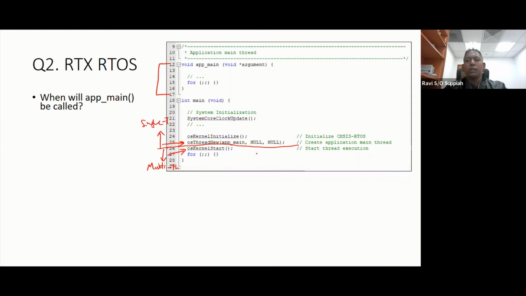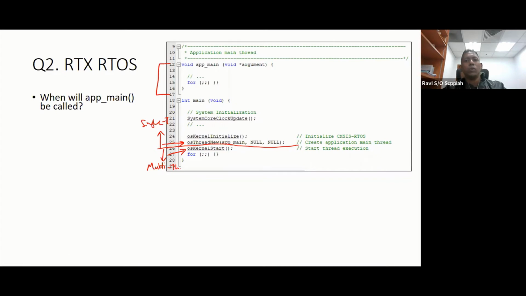That means the scheduler, based on its rules and the state of the task, will decide who gets to run. So there is no guarantee as to when admin will be run. But of course, in this case, since there is only one task created, which is admin, we can say that after the OS is started, admin will run. Correct? But it will not run just because OS has started. After the OS has started, the scheduler has to kick in. The scheduler has to look at all the tasks in the ready queue,